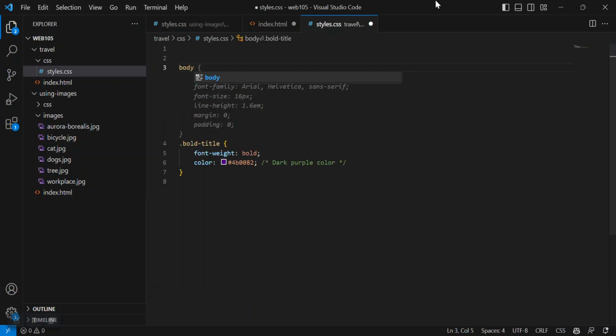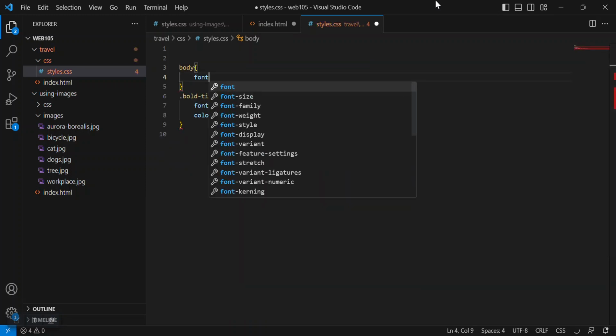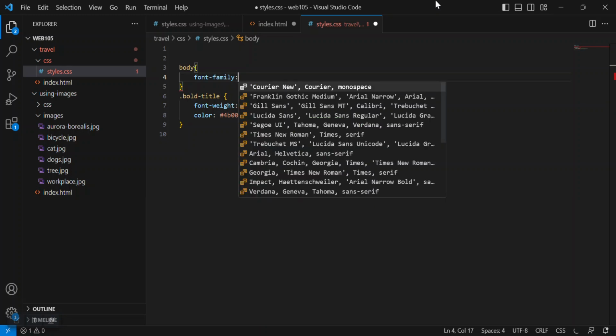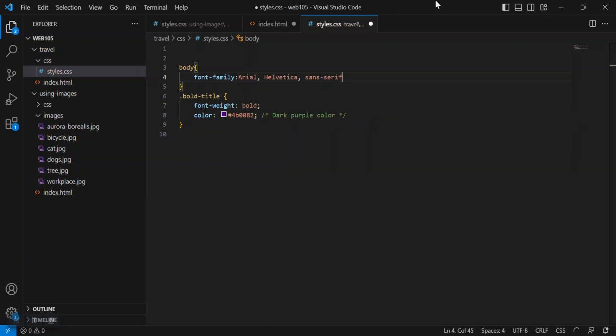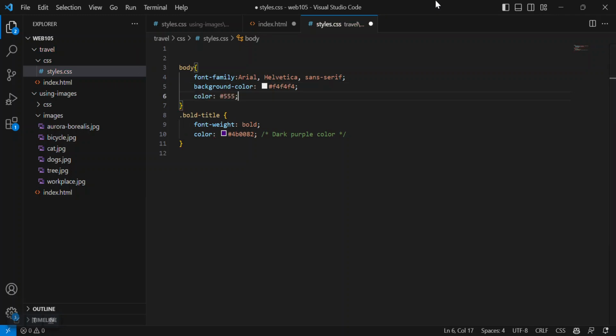body, and it's using code generation from AI, GitHub Copilot. Now I like to have a container.